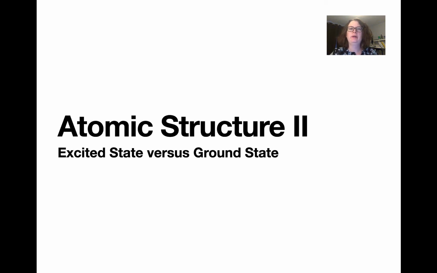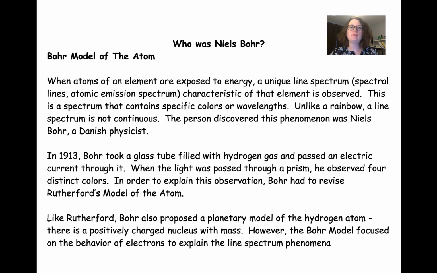Welcome. In this lesson, we are going to continue talking about atomic structure and specifically about excited state versus ground state atoms. In order to do this, we need to take a look at some history, and in particular, Niels Bohr. Bohr came up with his model of the atom, and we've already talked about how this atom looks, but now we're going to get into the experiments that he did to come up with his model and some of the observations that he made. So what Niels Bohr saw was when you expose atoms to energy, a unique line spectrum,